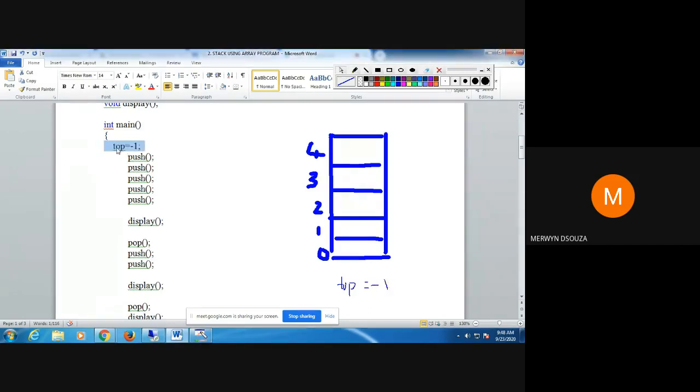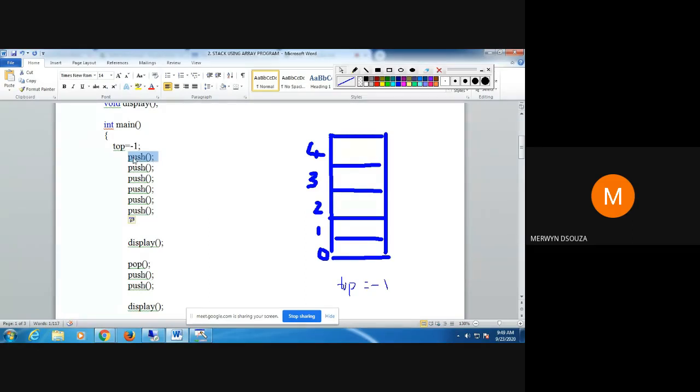Okay, that I get from this line. Then you can see here I'm doing 5 consecutive pushes. Instead of 5, I'll do 6, so that you understand the concept. So suppose I do 6 consecutive pushes. Okay, so let's start with the first push.